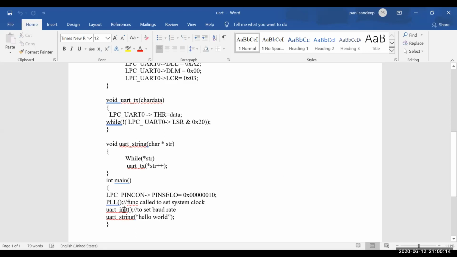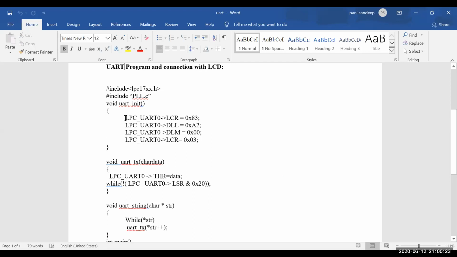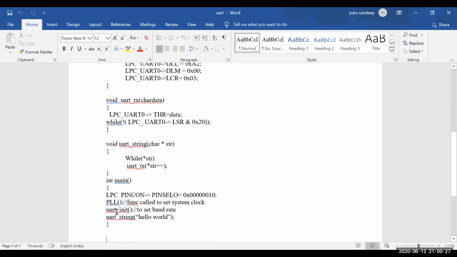Next, I need to do the UART initialization, the DLL, DLM and LCR registers. And I am calling the string program. So first H will be sent, while of H, transmit H. Next E, transmit E. Next L, L, O, W, O, R, L, D.